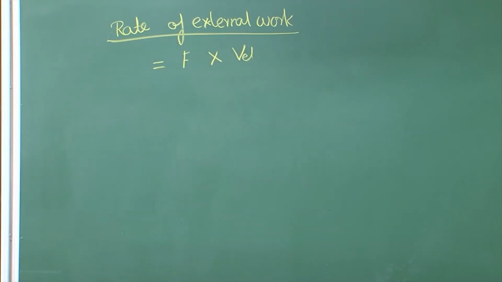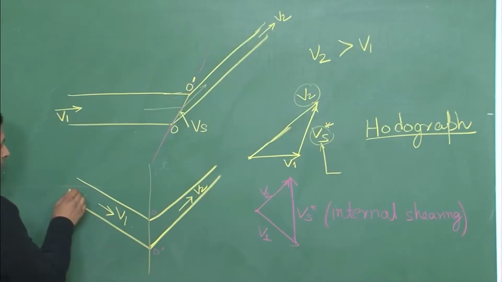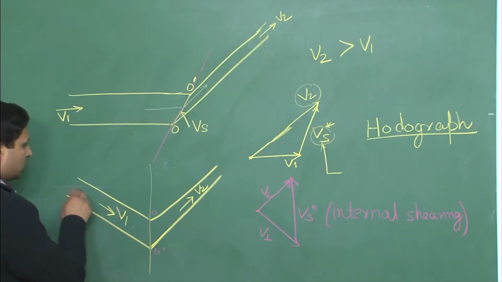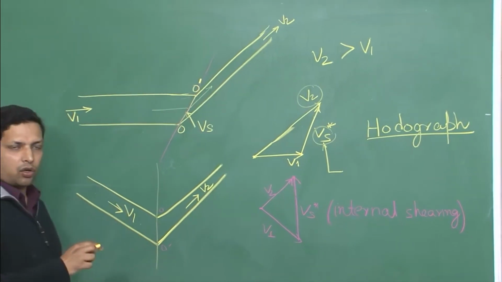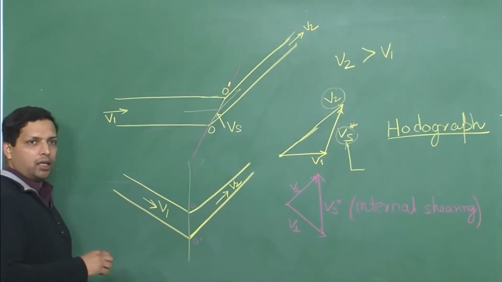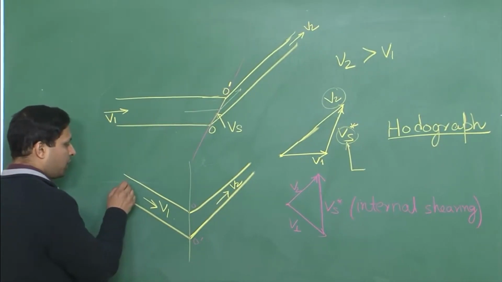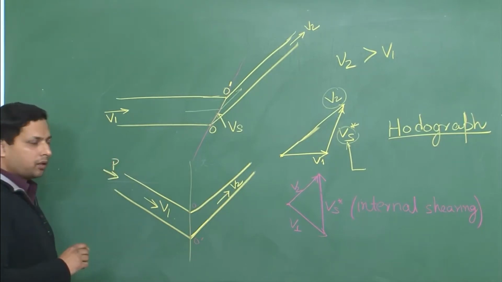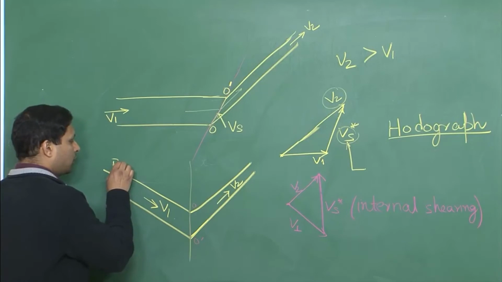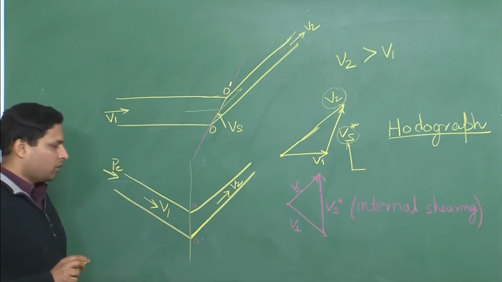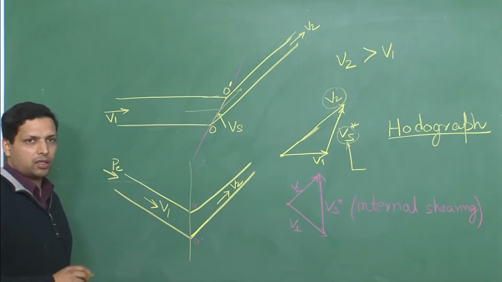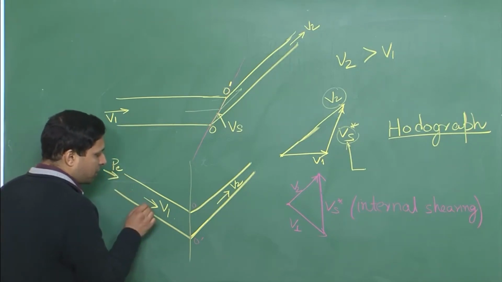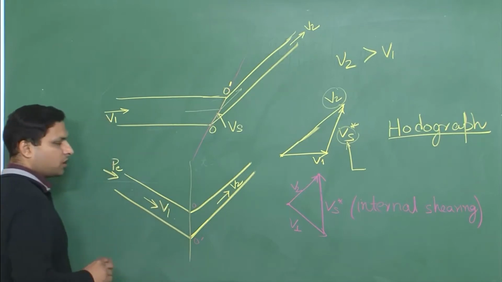And what force and what velocity are we talking about? So, let us say when this is moving, you must have applied some pressure or force. So, this is the pressure or force we are talking about, and let us look at it in terms of pressure instead of force for the time being. So, this will become your P. Let us say this is the P that you are applying, or to differentiate it, let us make it PE. So, let us assume that it is extrusion. So, this is PE, and when you are applying this pressure, the material is moving at a velocity V1.